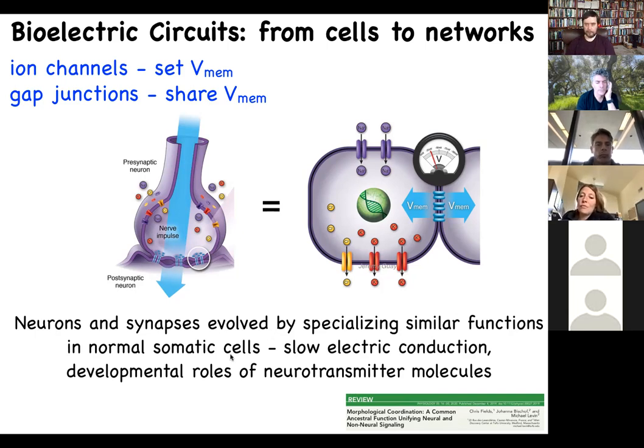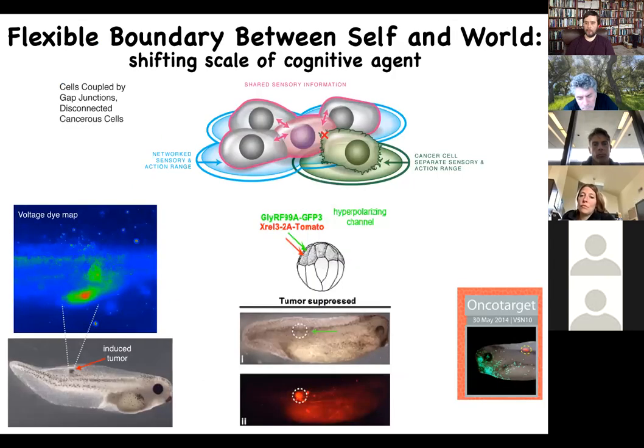So just to give you a simple example, that type of model makes a simple prediction. The prediction is, could we in this kind of scenario use the electrical connectivity specifically between cells and their neighbors as a marker and a control knob on the defection known as cancer? And so what happens is, when you inject a human oncogene into this frog embryo, eventually it'll make this tumor. But even before the tumor becomes apparent, you can already see, with this voltage sensitive reporter dye where you can get a map of all the electrical activity, that these cells are